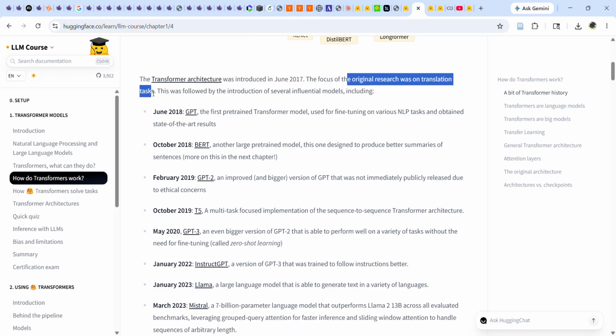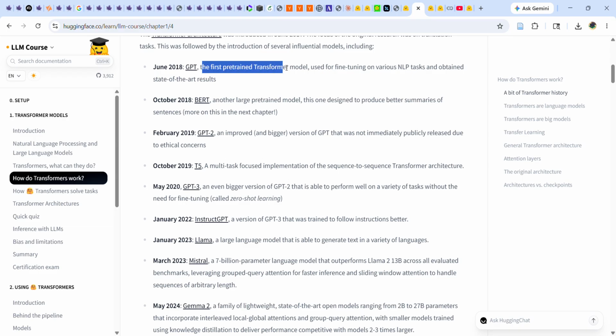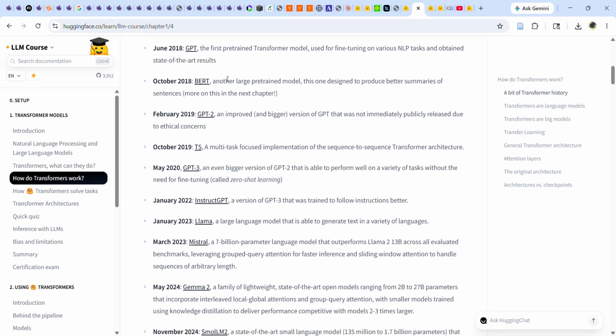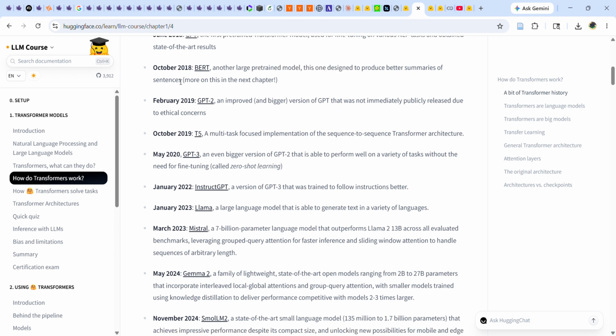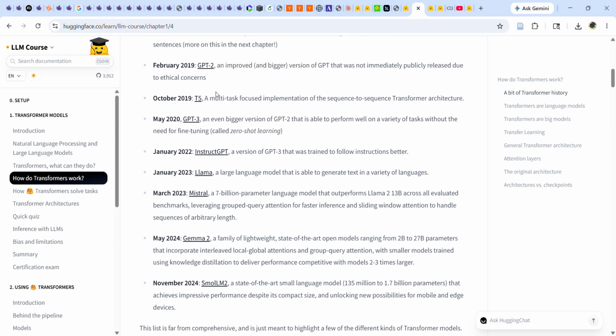The original research was on translation tasks, which was followed by several influential models. GPT was the first pre-trained transformer model, which is used for fine-tuning on various NLP tasks and obtaining benchmark results. BERT is another large pre-trained model, which summarizes sentences. GPT-2 is an improved version,